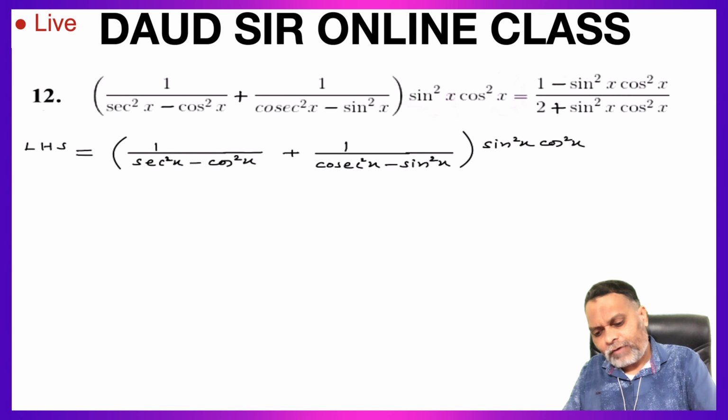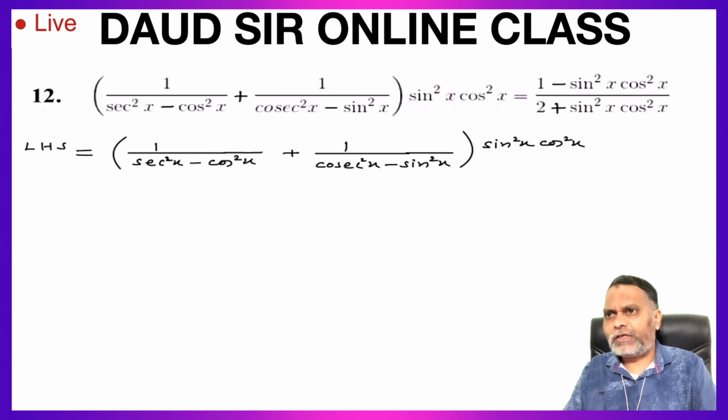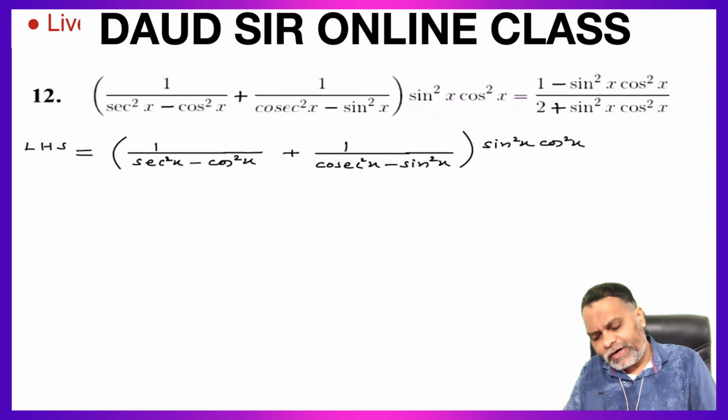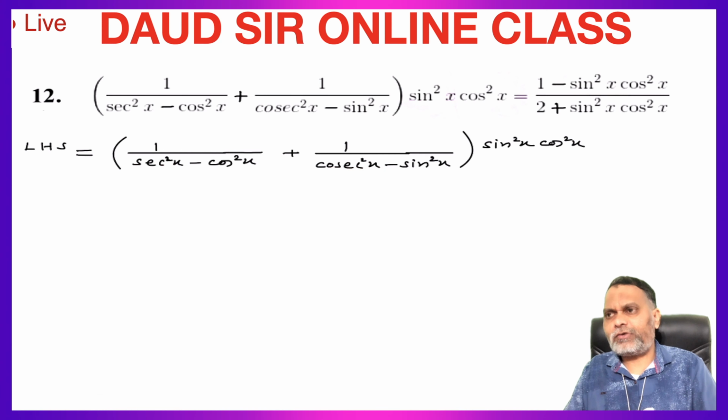So for proving this into sin square and cos square, convert this sec square x and cosec square x into sin and cos,